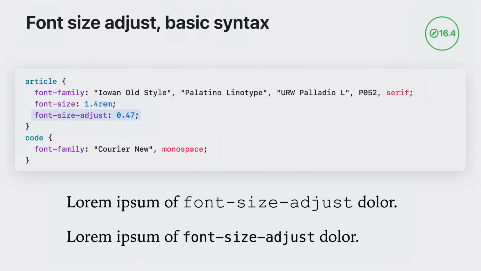What we need is a way to tell the browser, please just make these two fonts look like they're the same size and let it figure out how. That's exactly what font-size-adjust does. It adjusts how big a font looks to create visual consistency. I've added one line of CSS, font-size-adjust: 0.47, and now my typeset code is visually consistent with the paragraph text, even for both fonts in the stack.